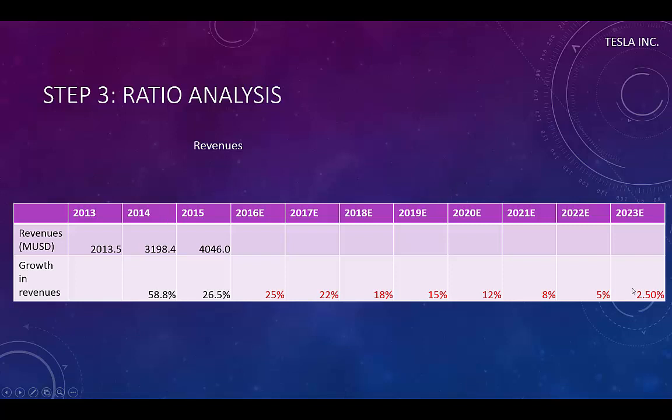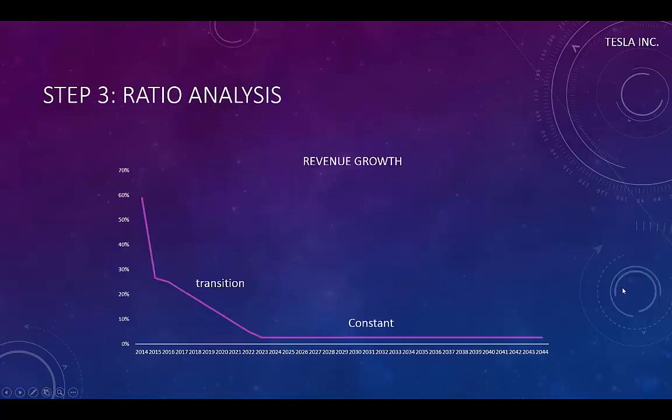That does not make any sense. Therefore, it is prudent to assume the same growth rate for the firm as for the general economy. We can plot our assumptions for the revenue growth as follows. We will see later that this revenue growth rate will determine the cash flow growth rate in a steady state.